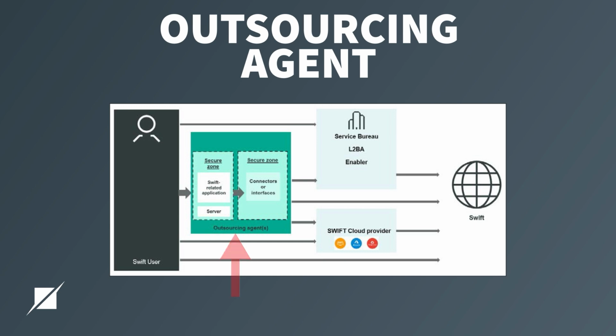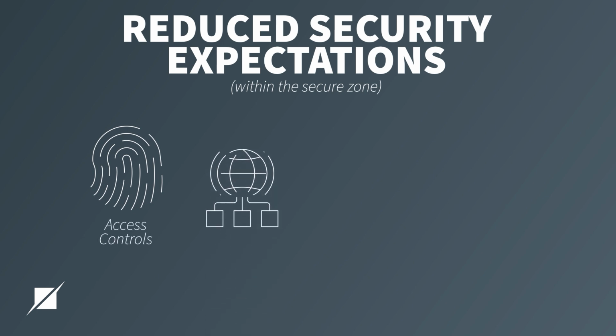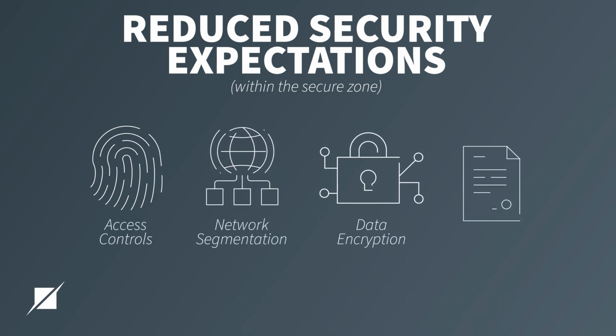The OASBL does acknowledge that a fully isolated environment for the outsourcing agent's SWIFT-related activities might not be possible based upon the service that the outsourcing agent provides and how it's provided. To accommodate for this, the OASBL does outline a set of reduced security expectations that must be met within the outsourcing agent's secure zone. The controls described within these reduced security expectations cover areas like access controls, network segmentation, data